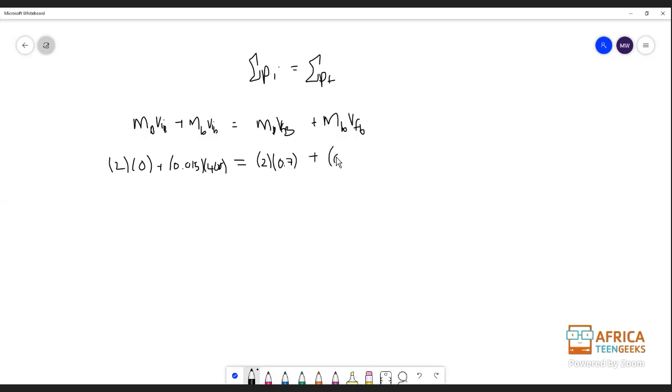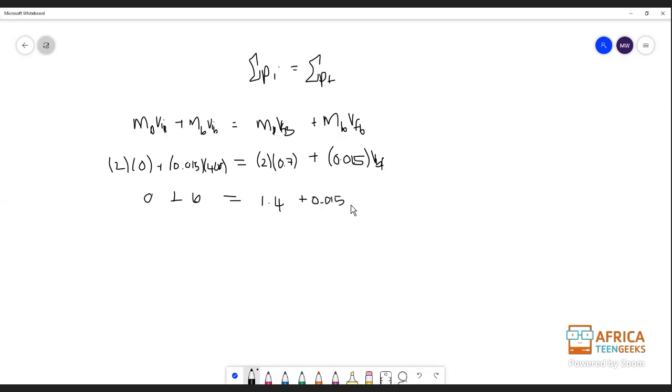And then your bullet's mass stayed the same, and we can now calculate that. So it's 0 plus 6 is equal to 1.4 plus